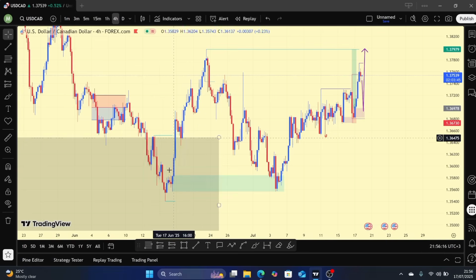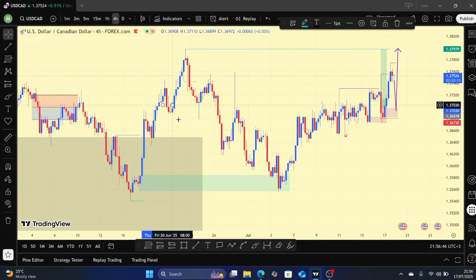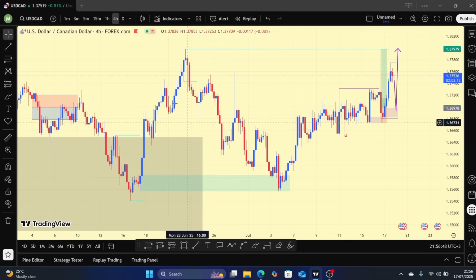And then after that, you can see price created valid pullbacks here. This one here is not a valid pullback, but luckily price created this. So price took out the inducement exactly there, and you can see it retraced all the way to mitigating this extreme POI. After taking out right here, there is something interesting. This one here is a valid pullback, but for the retracing candles, we need body closures like